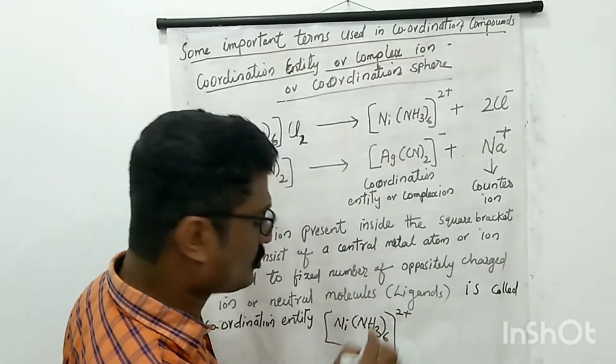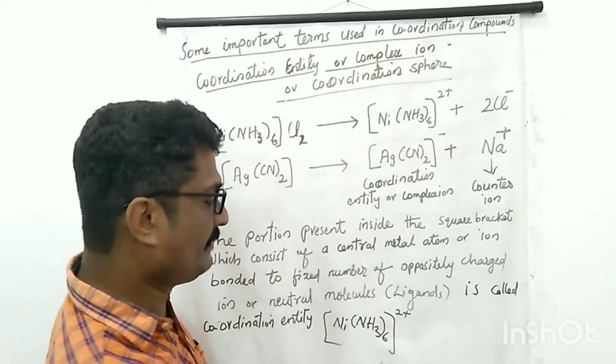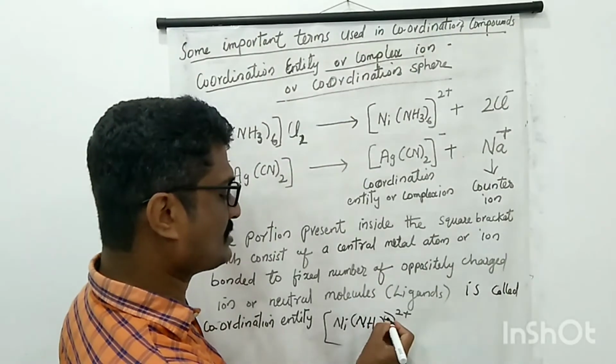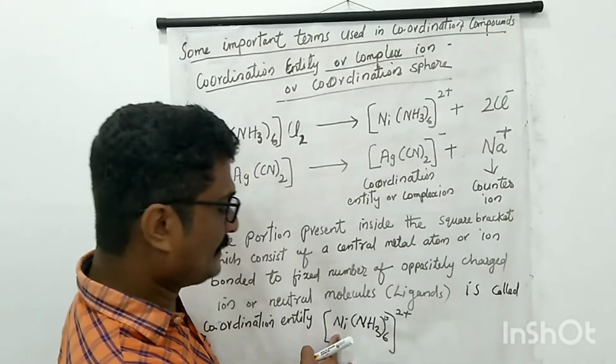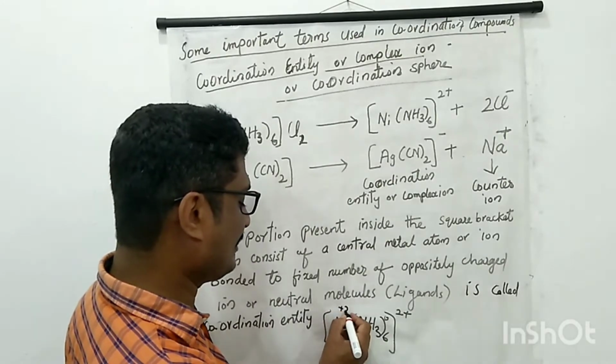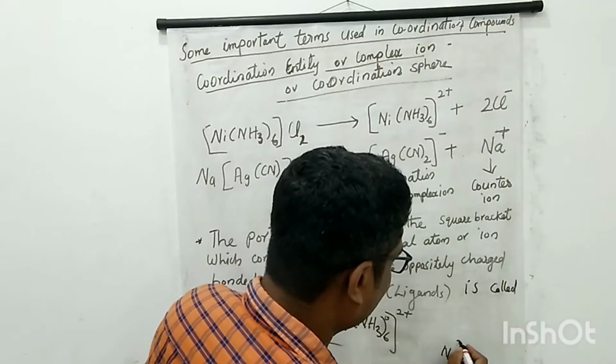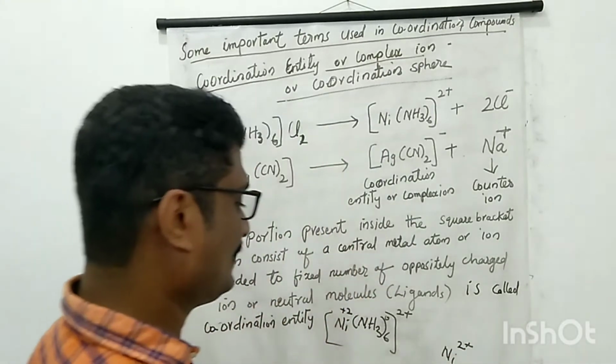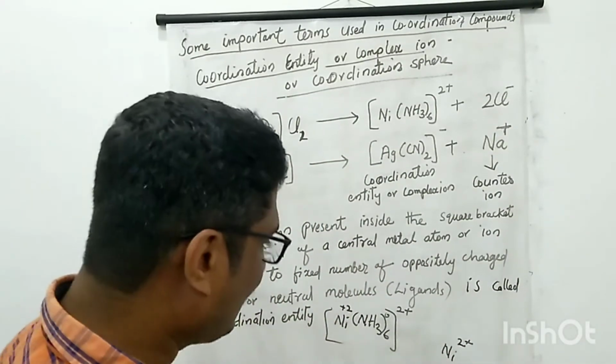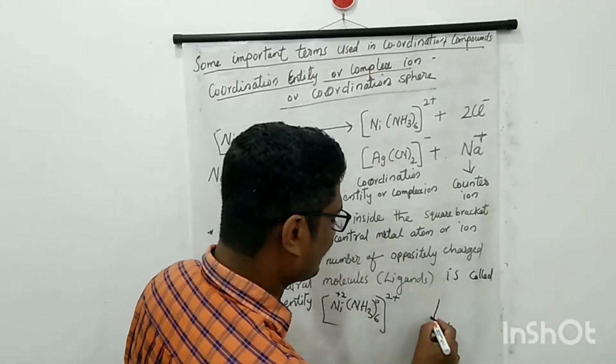The net charge is 2 plus. Already we know ammonia is a neutral molecule, its charge is 0. Then the charge of nickel is 2 plus. Here the central Ni2+, the d-block metal ion, is bonded with